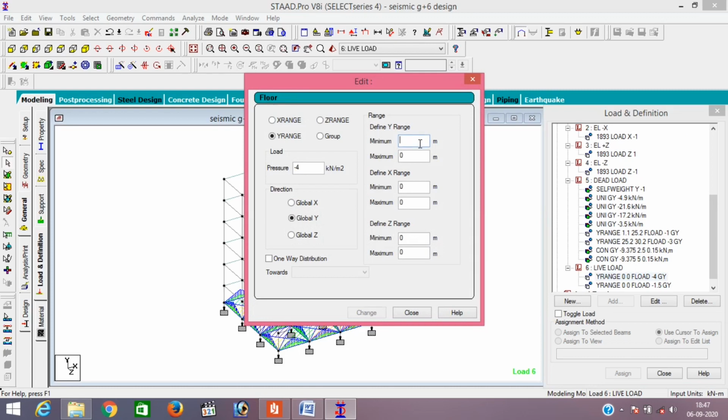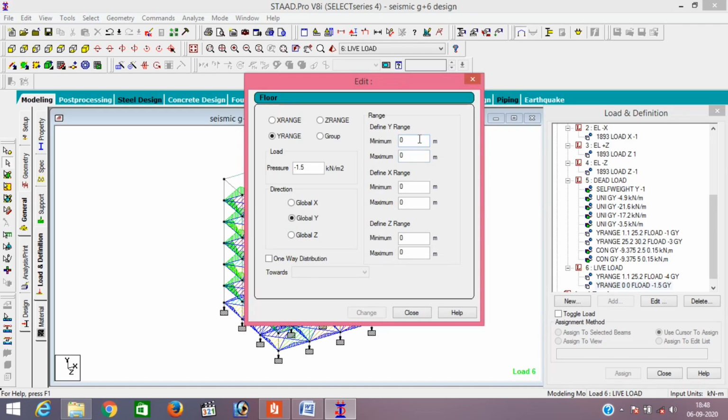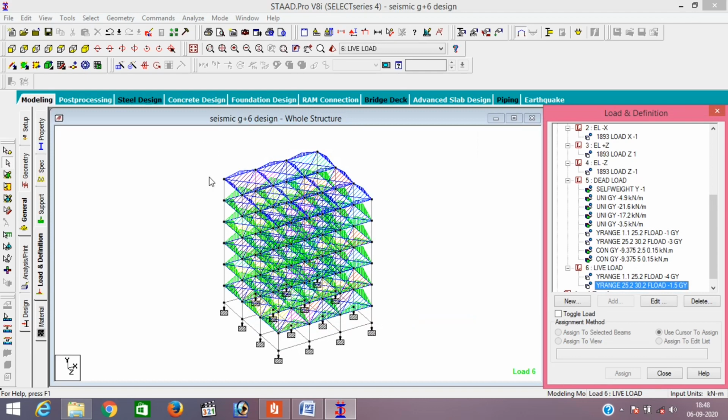Just change it in the live load also. The distance is from 1.1 to 25.2. Change it for the typical floor, and for the terrace floor it is from 25.2 to 30.2, and change it, close.